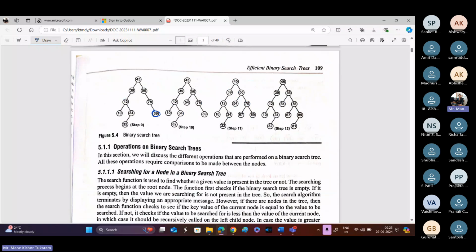So 54, just check for this particular one. Where is 54 fitting? It is greater than 45 but less than 56. So that's why it is inserted at this particular location. Again 67 and again 81. So in this way,